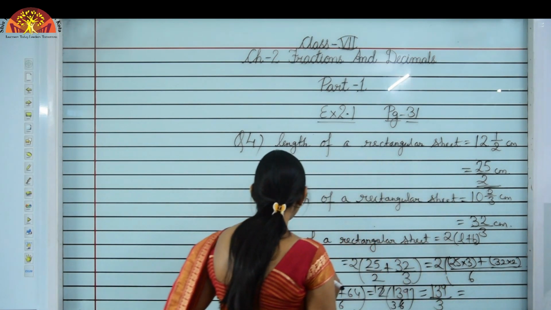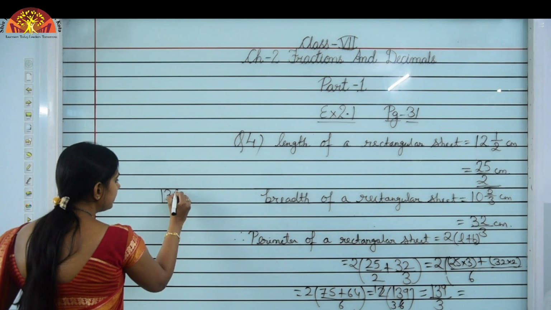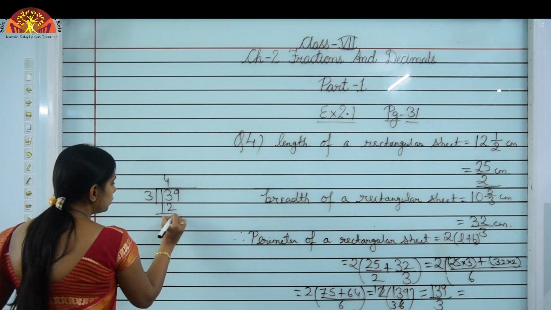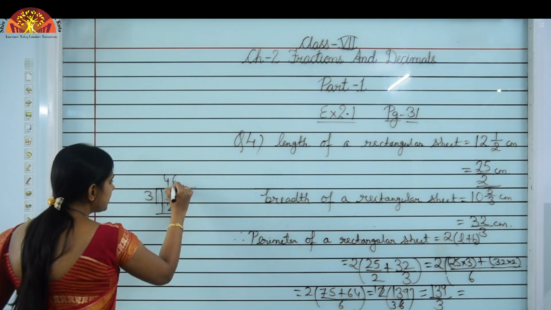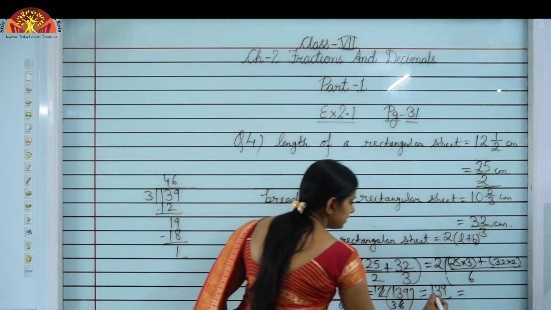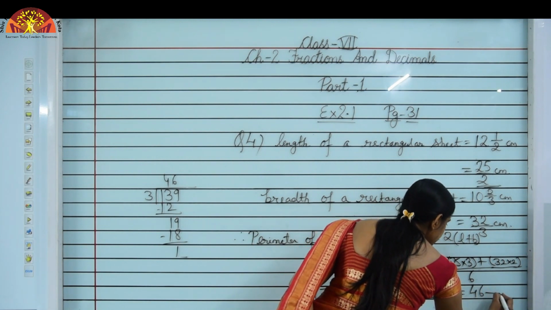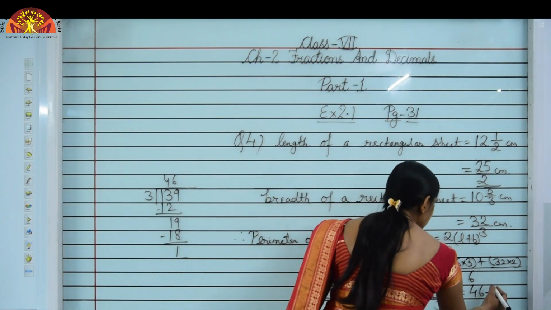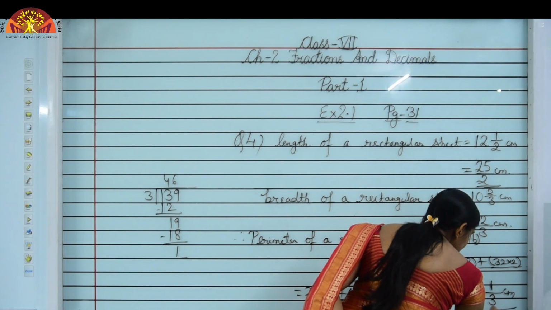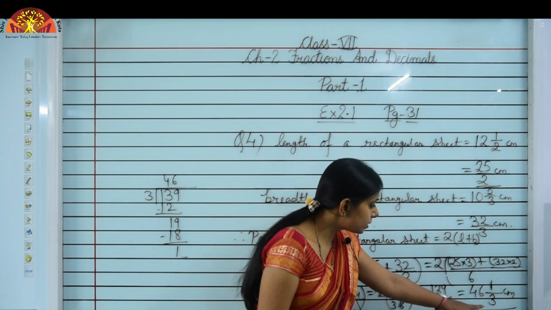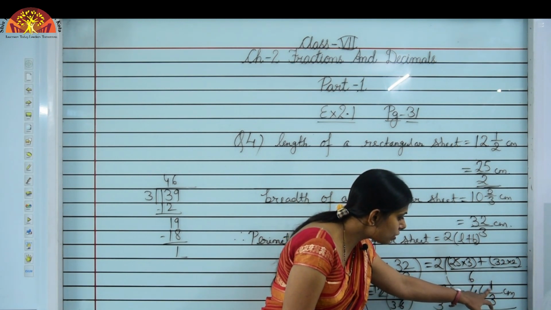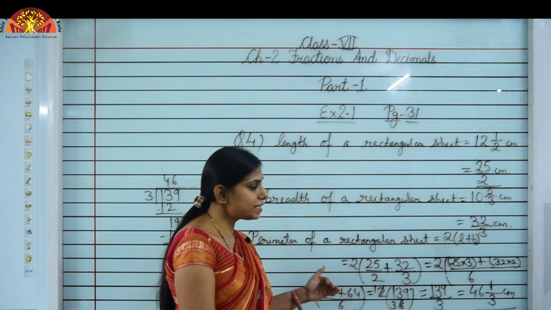So when you are just dividing it, that is 139 divided by 3. So 3 4s are 12. Now 3 6s are 18. So remainder comes out to be 1. So we can just write, that is 46 is the quotient, 1 upon 3 centimeter. Okay, no need to forget to put the SI unit. You can just check: 3 6s are 18, so 138 plus 1 comes out to be 139 upon 3. So this is the answer.